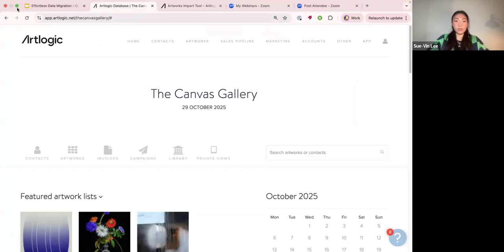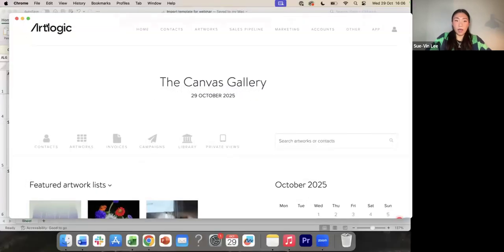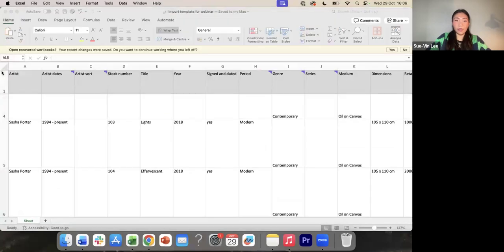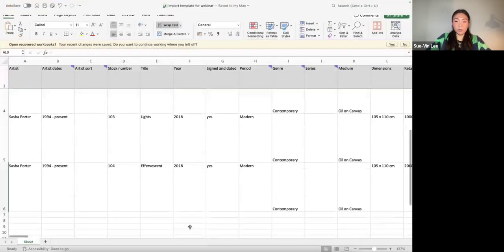So now I'm going to come off this and then we can spend some time actually showing you how to prepare the data. So now you should be able to see a spreadsheet. For today's webinar, I have pre-populated a spreadsheet for you so that we can look over a few fields here. Now, before we start in terms of how to prepare the import, it's really important to note